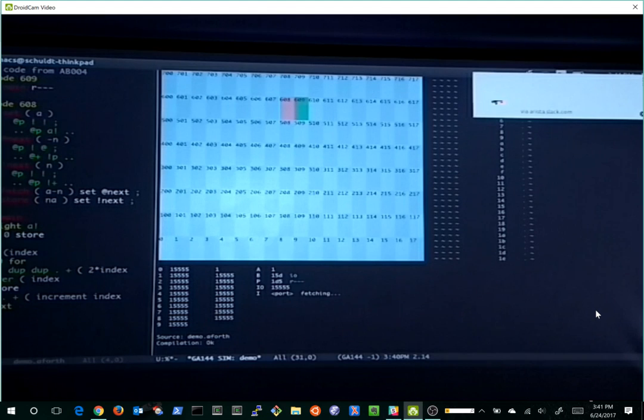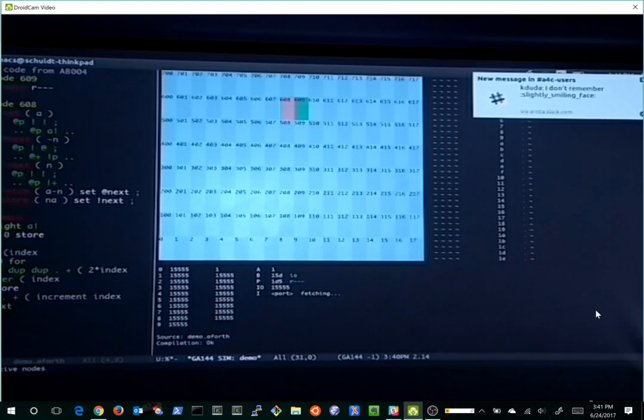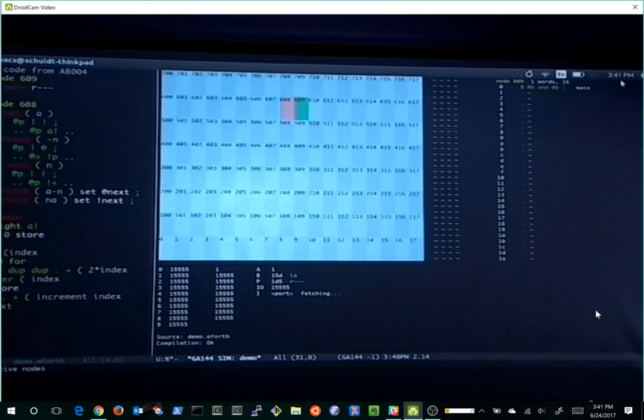Yeah, so nothing's gotten... Crap, I have Slack open on some other tab. Yeah, so